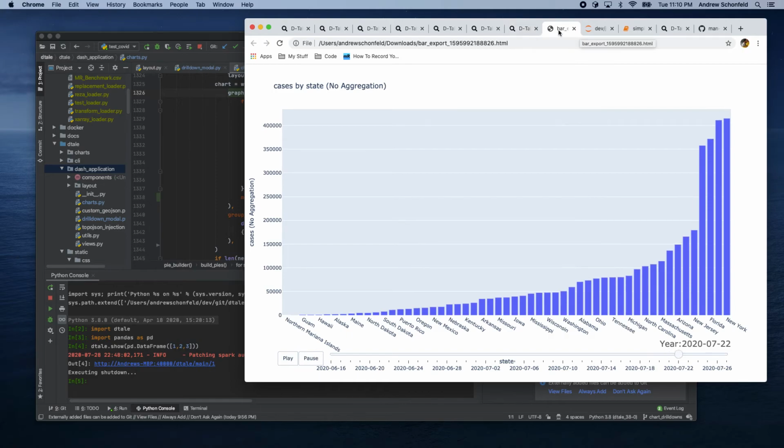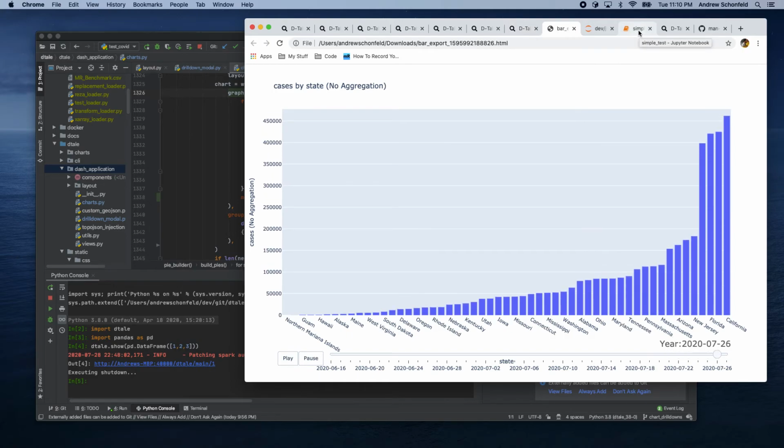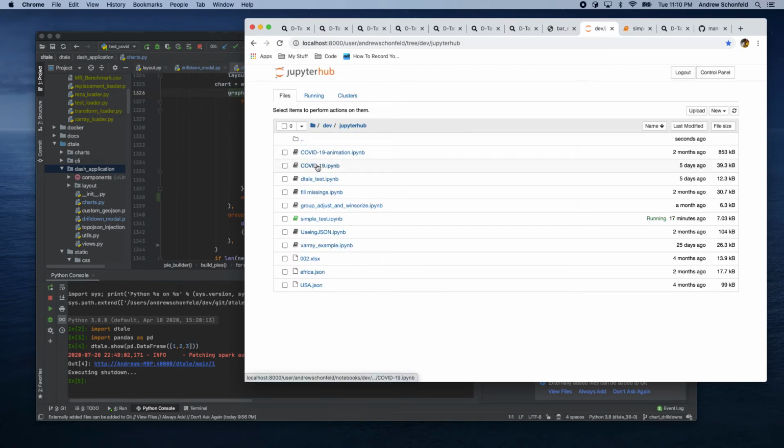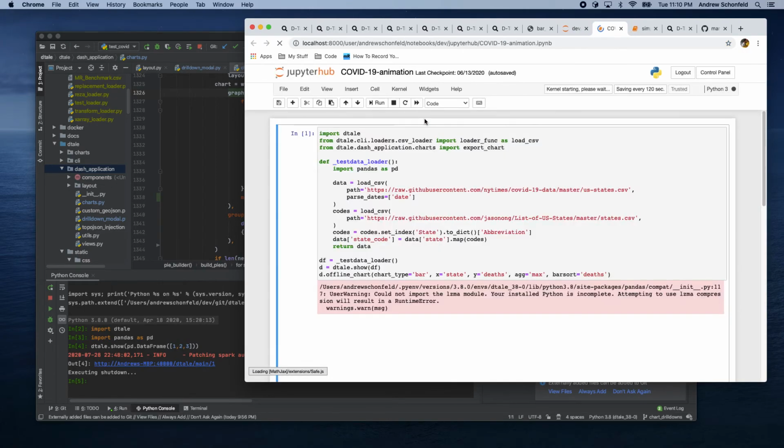You also have access to this function in JupyterHub as well. I have this COVID-19 notebook, and you see this offline chart function. We have a D-Tale instance, we've loaded the data frame into it and stored it in a variable, and then on that variable, which contains the data, we call offline chart. We're going to create a bar chart